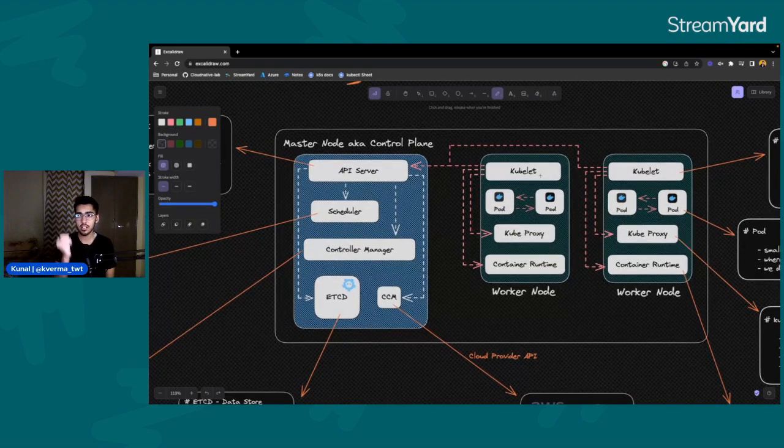As I mentioned, the main component, the heart of a Kubernetes cluster, is nodes. You have two types of nodes in Kubernetes. One is the master node or the control plane node, which is this blue one right here, and the other is worker nodes. You can have multiple worker nodes, but you only have a single control plane or master node when we are talking about a normal Kubernetes cluster.